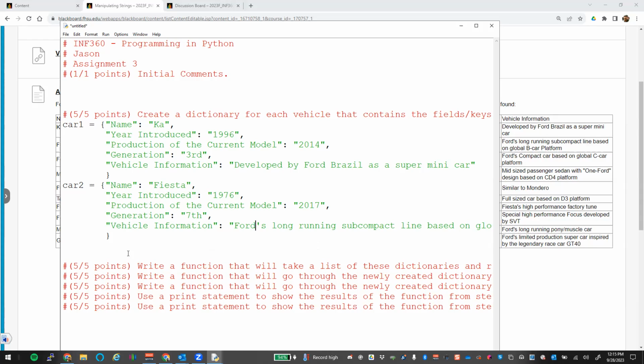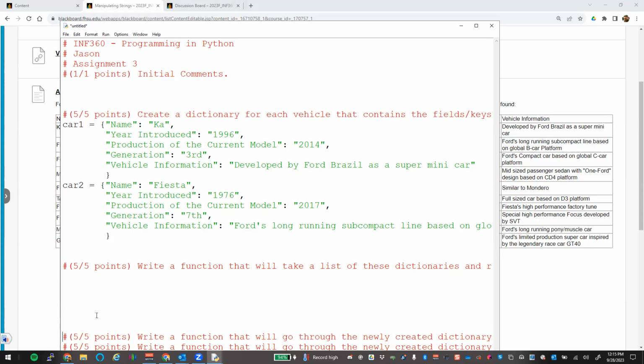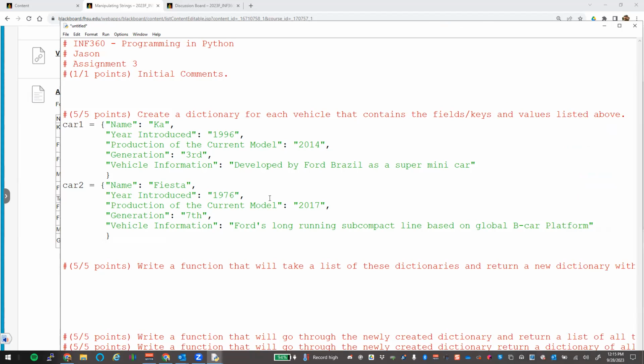Okay. So the whole purpose behind this project is you will interpret some table data. We're going to put it in something Python can manage. And in this case, a dictionary lends itself really, really well, right? We got fields, AKA keys, and we got our values that are inside those fields. Okay, let's write a function that will take a list of these dictionaries and return a new dictionary with, okay,